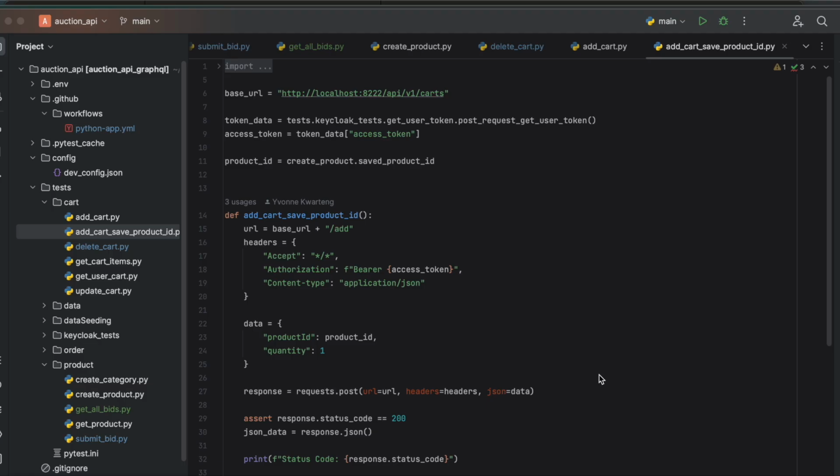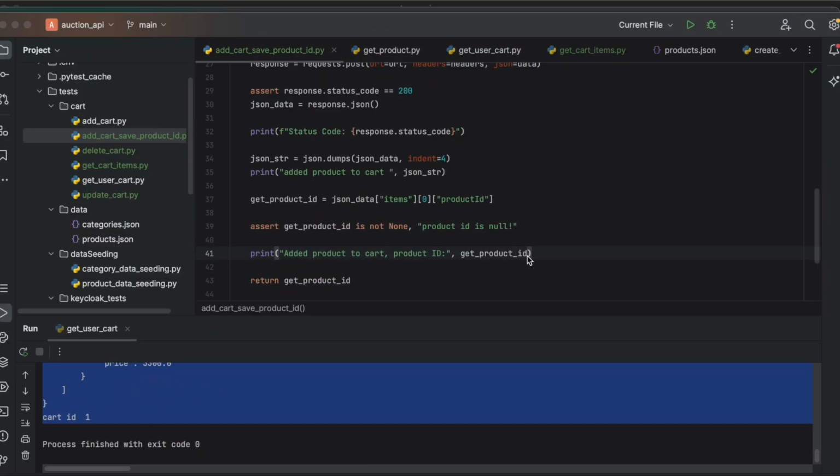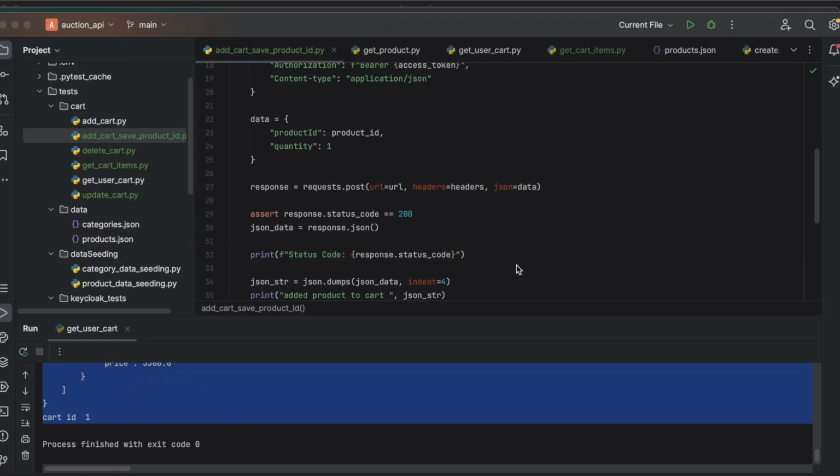So in this video we will pick it up from where we left off in the previous video. We are looking into the update cart Python automation test. Stay tuned. What I'm actually doing right now is that I'm adding the product to the cart, right, with a